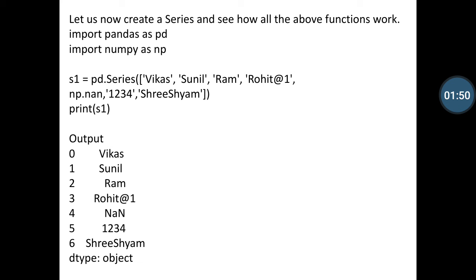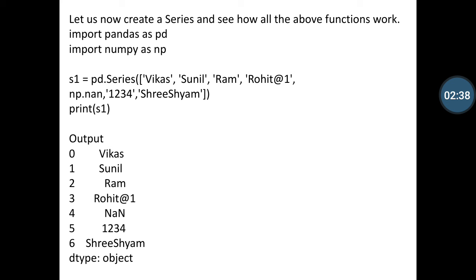So first of all, we import the pandas library as pd and import numpy as np, and then the s1 variable is used to create a series by calling the pd.Series method, and in this method we put the values in a list-like structure, such as string values Vikas, Sunil, Ram, Rohit@1 and np.nan, which means the null value, and a string value 1234 and Shri Sham as a string value.